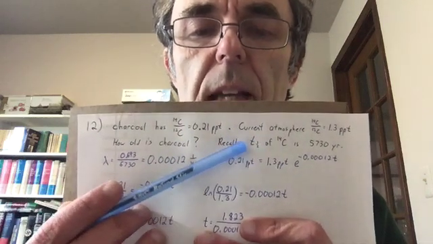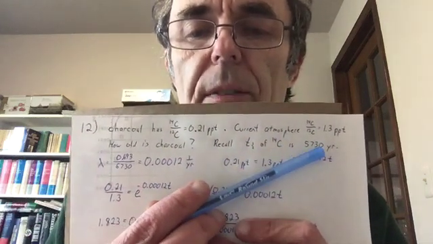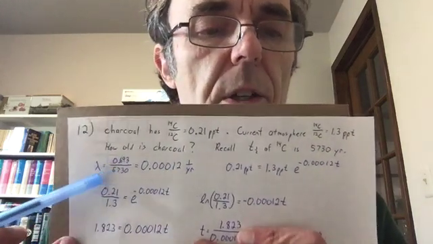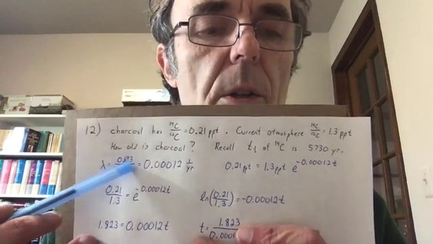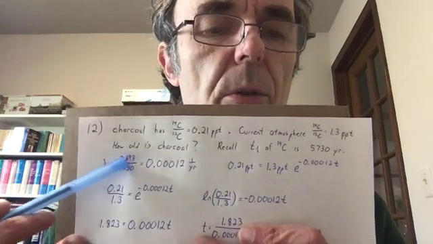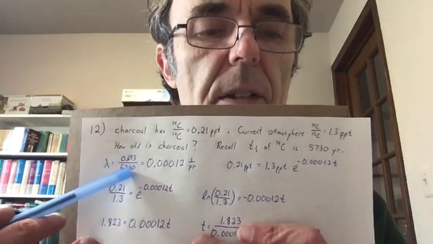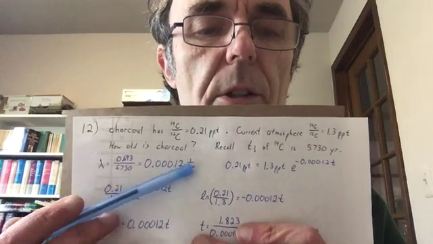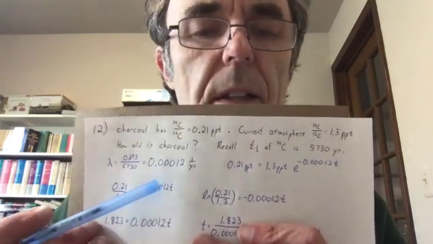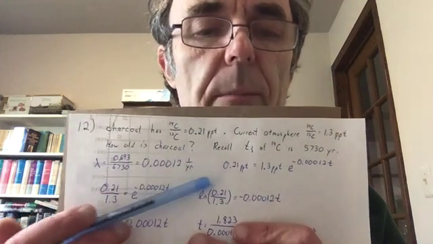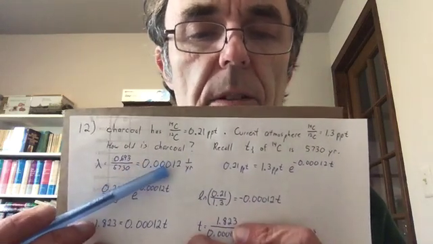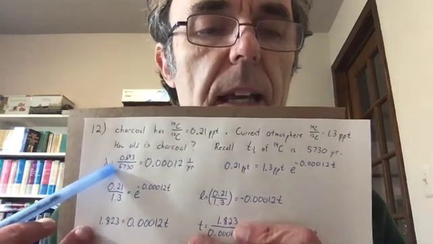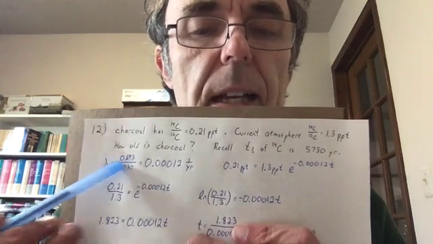Well, you know that the half-life of carbon-14 is 5,730 years. That's given in the problem. It's also in the book. So you can immediately calculate the decay constant, which is 0.693, that's the log of 2, divided by 5,730, the half-life, and that gives you a decay constant of 0.00012 inverse years. Notice you don't have to convert everything to seconds, which would be really a pain if you had something as long as thousands of years for a half-life. But if you use years in both the decay constant and the time,